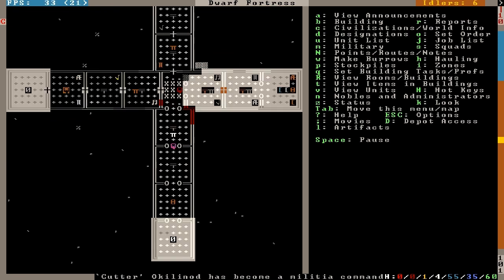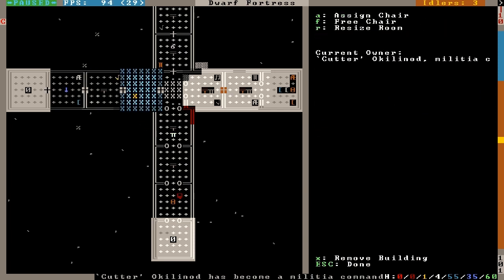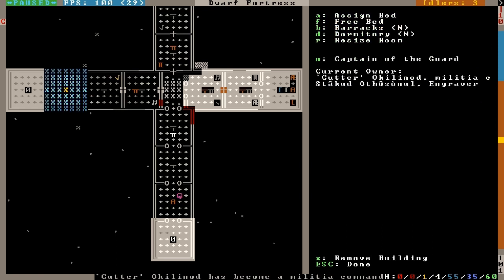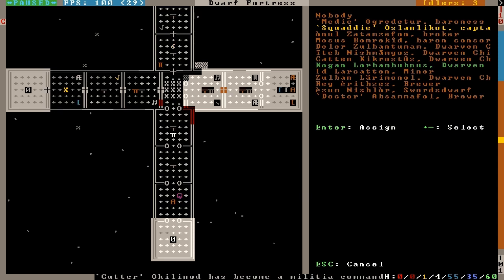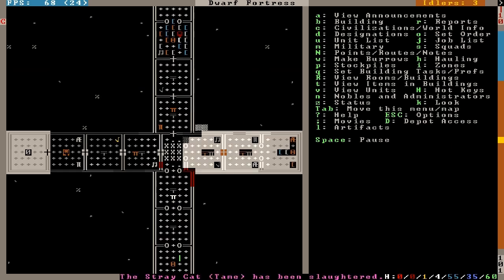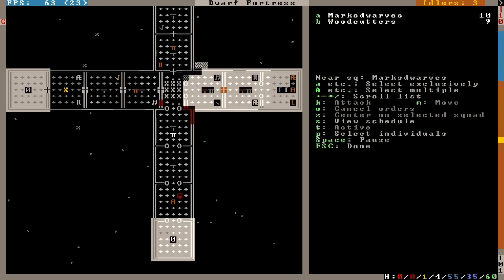Noble quarters, which I think notes are Shift N. So I'm fairly sure I set something up to be there. No, actually I named it. So I assign that to the Captain of the Guard. Assign that to the Captain of the Guard. There we go. So now my Captain of the Guard is the leader of the Marked Dwarves as opposed to the leader of...